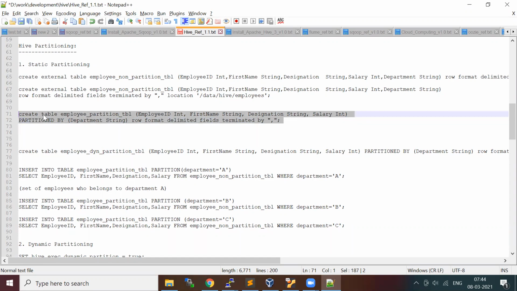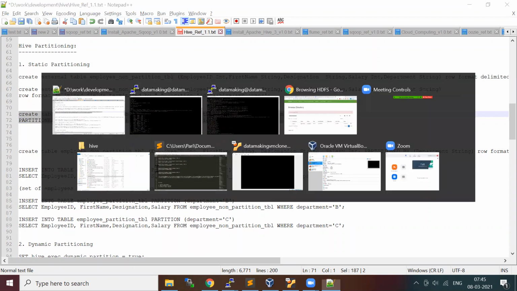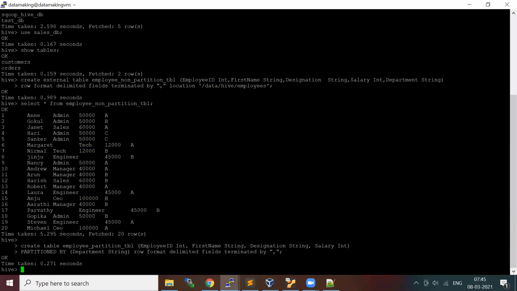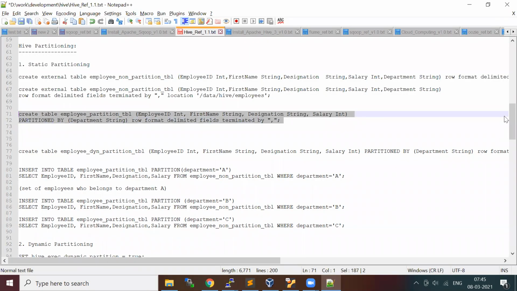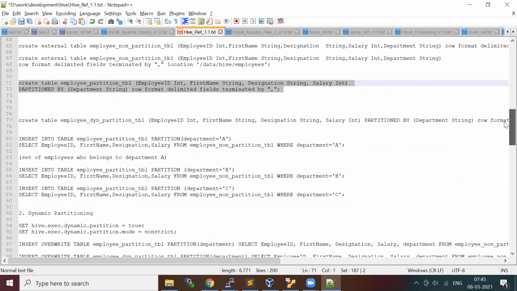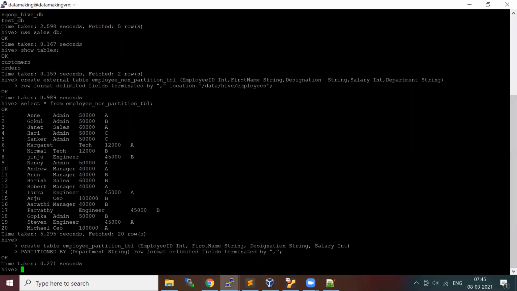This is a managed table I'm creating, not an external table. It's a managed table, but with the partition column enabled. So I'll just create this. Now this table is created.